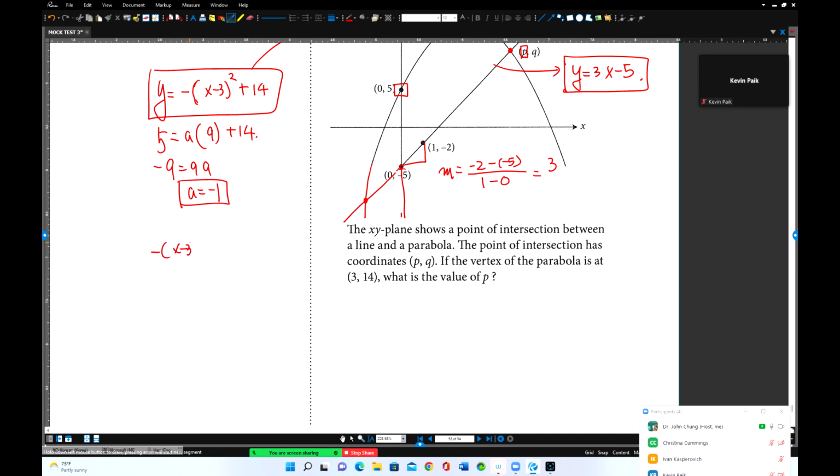Now put this in: negative (x minus 3) squared plus 14 equals 3x minus 5. We're going to set one side to 0 because this is a quadratic. Quadratic always has one side 0, right? Because we're going to use the zero product property. So this one moves to the right: (x minus 3) squared minus 14 plus 3x minus 5 equals 0. This equals x squared minus 6x plus 9 minus 14 plus 3x minus 5. So 0 equals x squared, this one is negative 3x, and 9